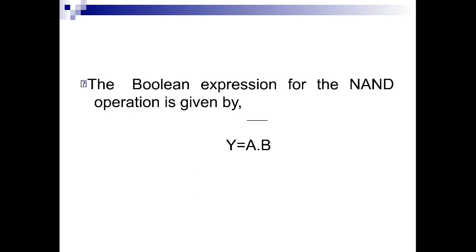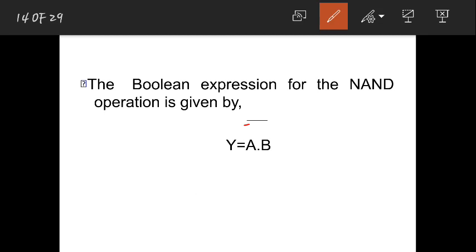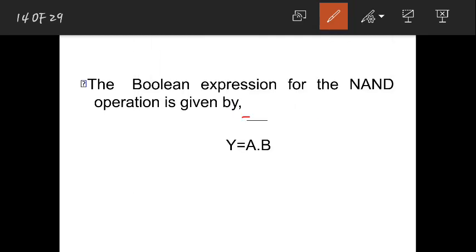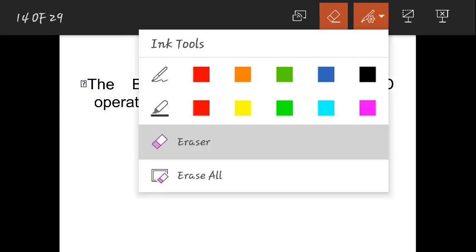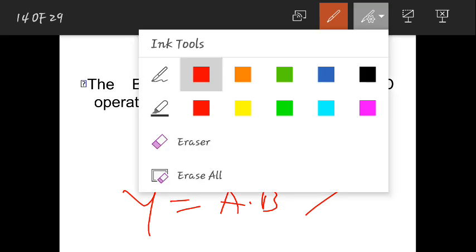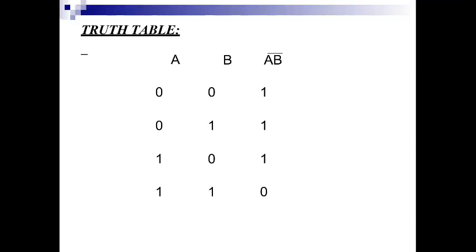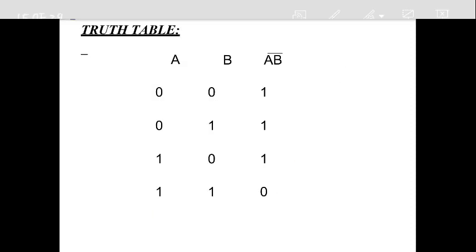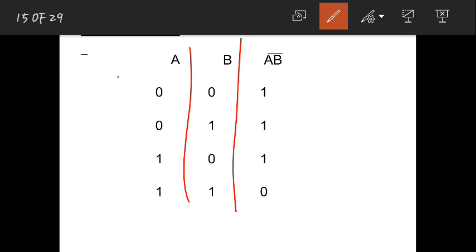See, the Boolean expression for the NAND gate is given by A dot B, and here you have a bar. Let me erase that and draw. This is the bar for this A dot B. If it is too far from the equation, let me write it here. y is equal to A dot B whole bar. This is the equation for the NAND gate. A dot B means in the AND gate you have already seen the operations in this truth table.